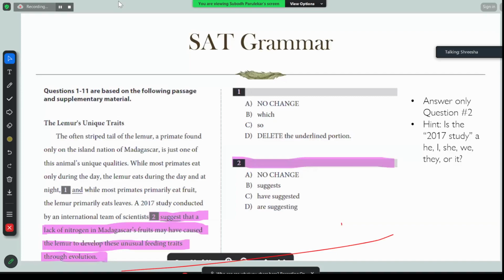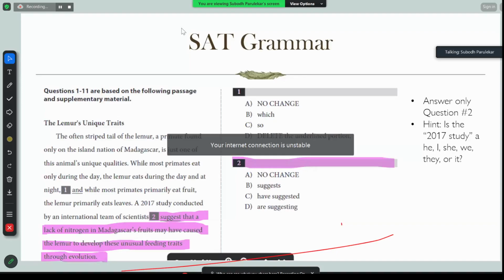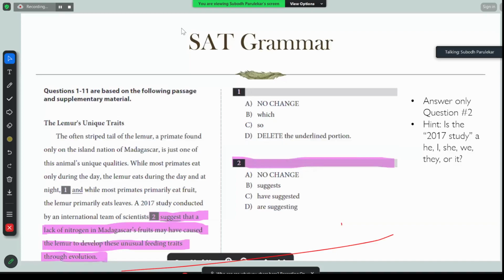Ma'am, the second doubt that I have in SAT grammar: why is the option C not correct? We will go over that because that is the next part of our learning. But let me think about that one. I'll give you a written response, a more thorough response than I can by saying. So I'll let you know. Okay, ma'am. Thank you.